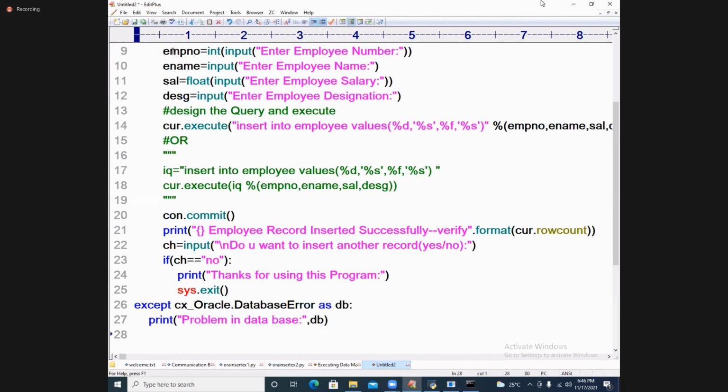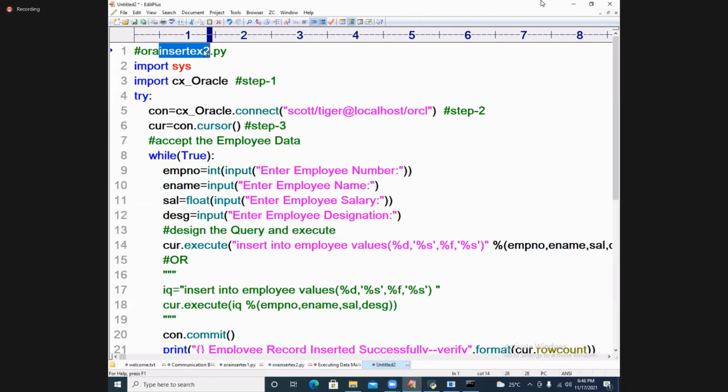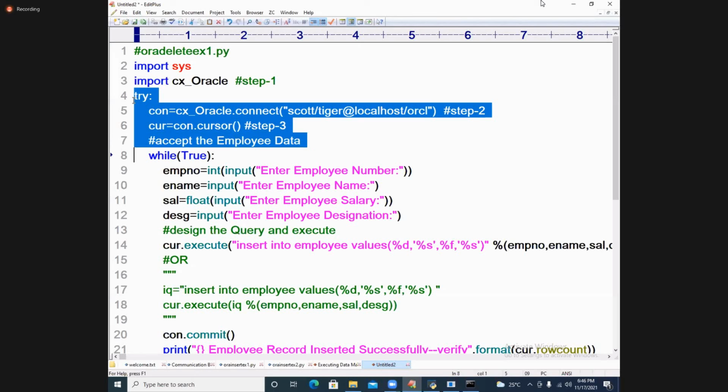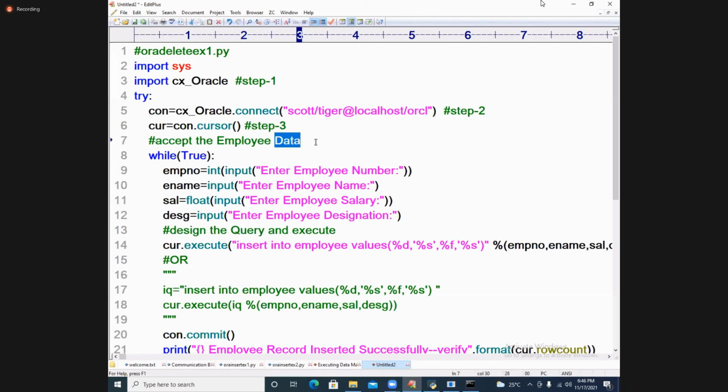Insert Oracle delete example, example1.py. Import sys, next try block. Accept employee number. Enter the employee number.